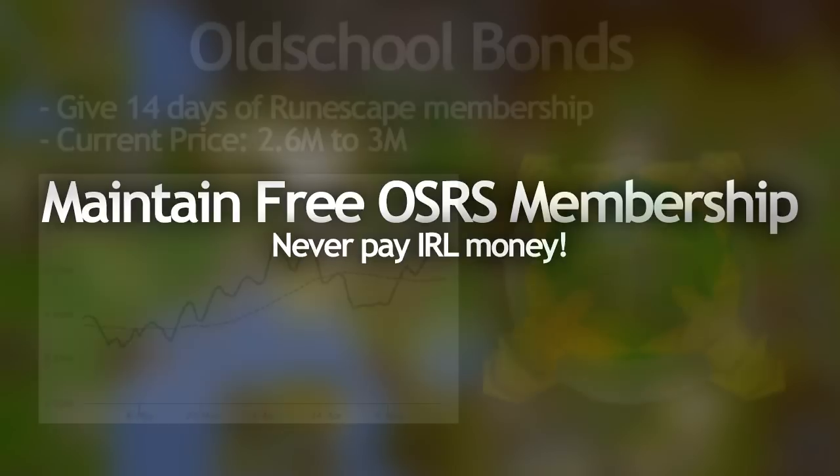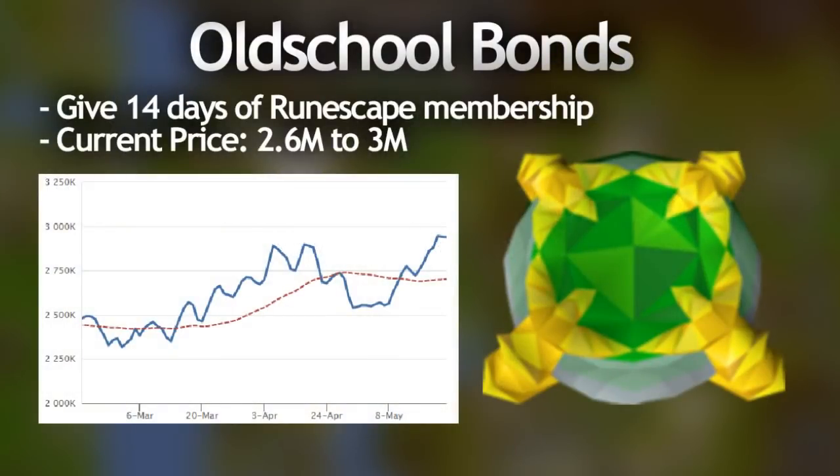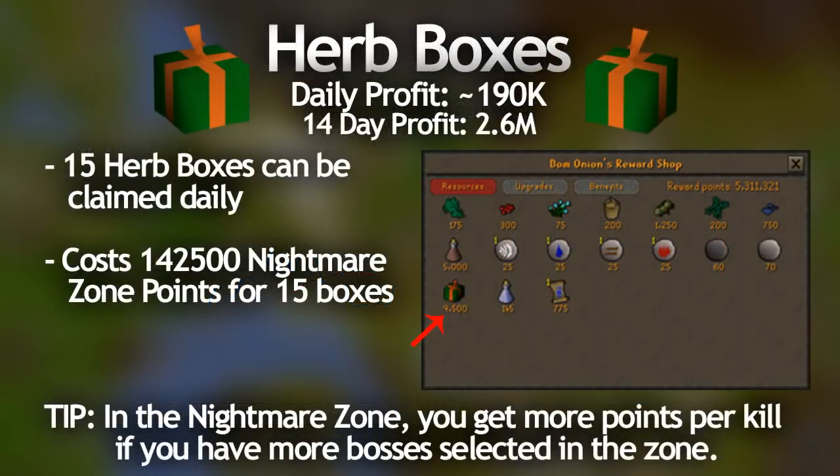Then, if you add up the profits over 14 days, so the life of a bond, you can easily cover the cost of one and even make a bit of extra profit depending on how many of these methods you do. Getting straight into it, the first one on my list is getting herb boxes from the Nightmare Zone minigame